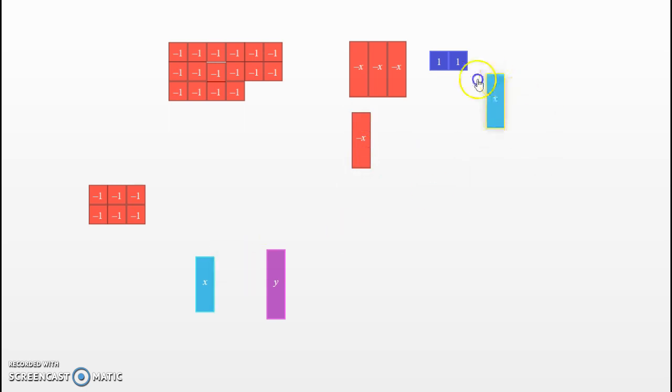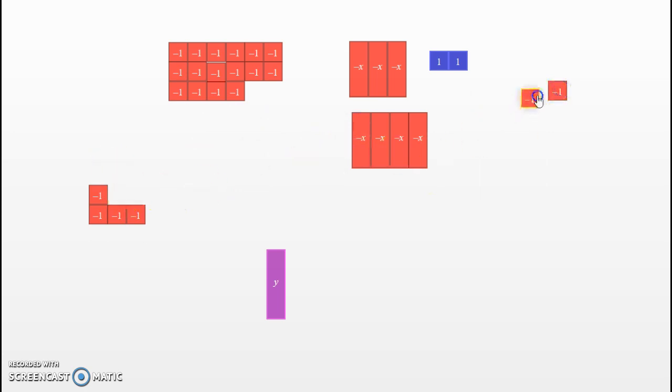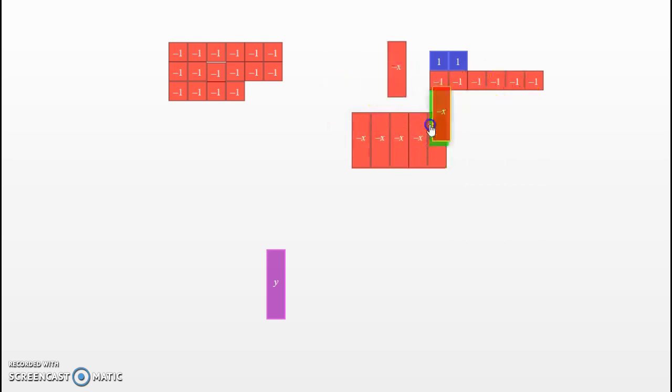So 1, 2, 3. We need another one. 4. And minus 6. 1, 2. We'll just put them next to here. 1, 2, 3, 4, 5, and 6. Okay, so we can combine all of these together to give us a total of 1, 2,